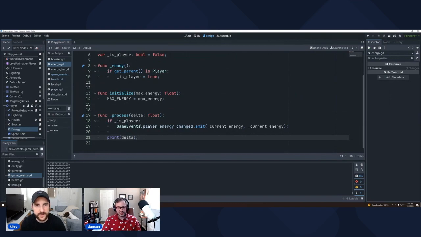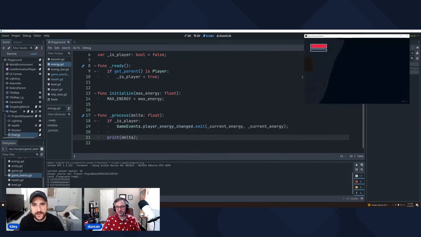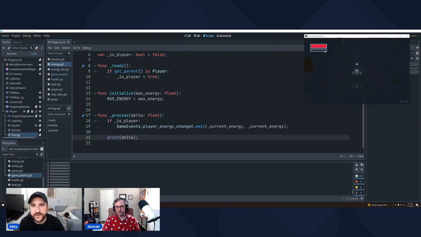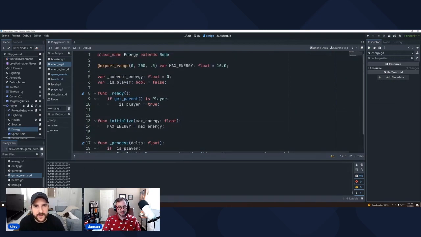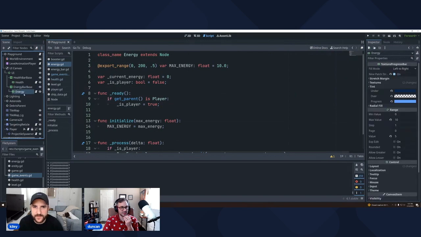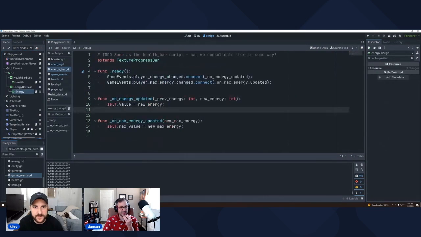I'll show you how to connect that, but let's just make sure it's actually going to the right place first. So you can see it's just 0 now, right? There's nothing there. Cool. So it is connected. Get rid of this print statement. Okay, so to show it connected, we're going to look at the UI component itself. And I've written a script. I've already attached it, so I guess I cheated maybe.